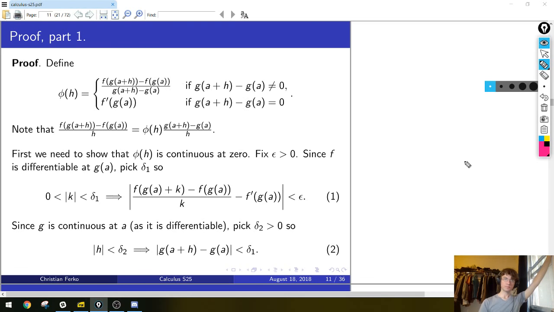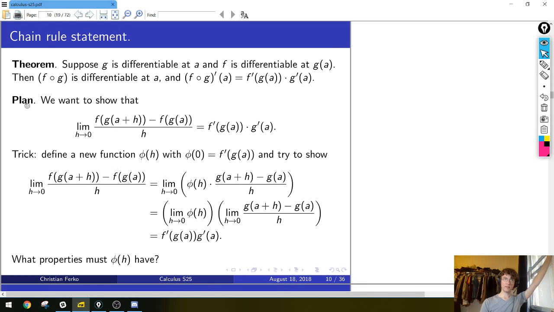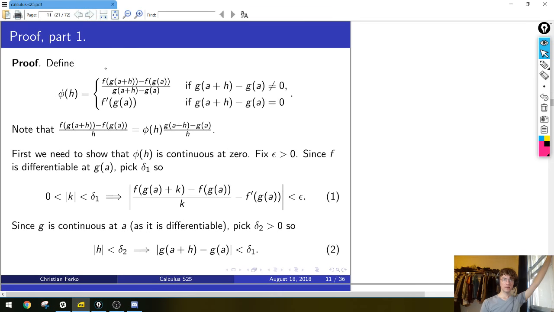So as we saw... Wait, that wasn't the proof. No, that was the plan for the proof. We didn't prove anything, right? We were just planning what we're going to do. As we say, we have to prove phi is continuous. We have to actually do the calculation. So this was just the exploration, so to say. Alright, so as we saw in the exploration, we wanted to find a function phi,